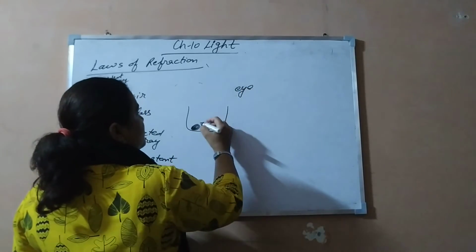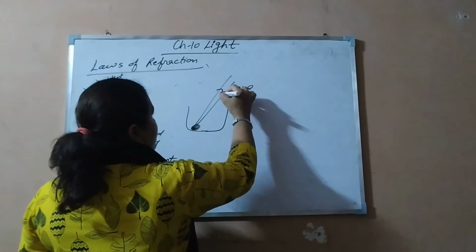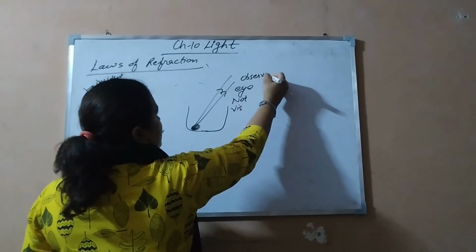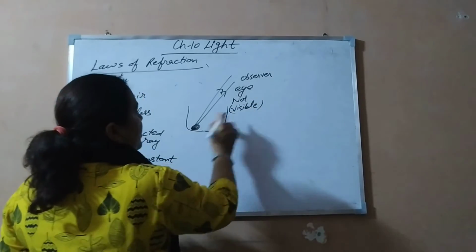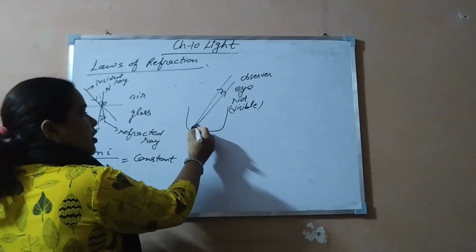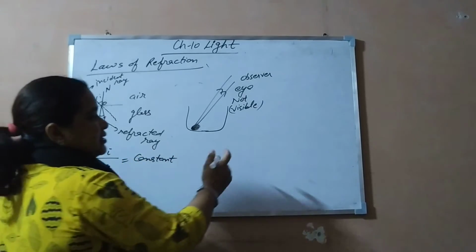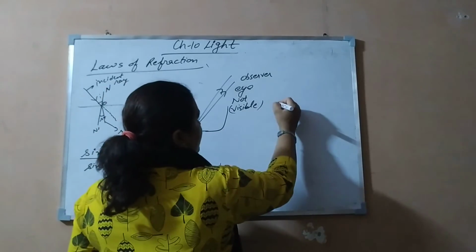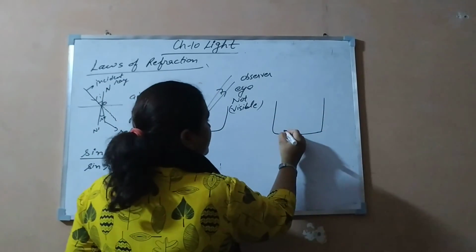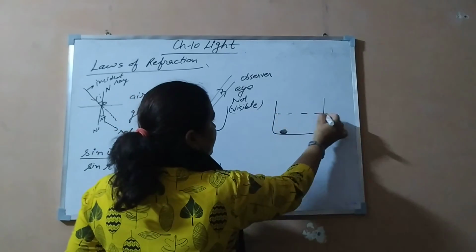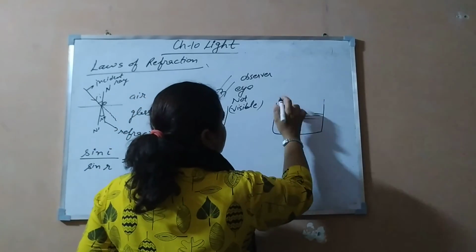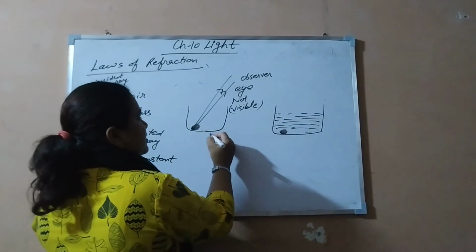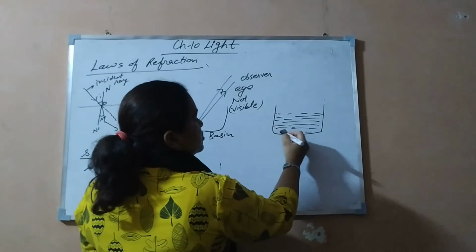But from this position, when the rays are going, it is not visible to the observer. To the observer, this coin is not visible. Clear? This coin is at the base only, in a bowl. But when water is filled to the same level, so I am showing you here only the same level. When water is filled in the bowl or a basin or anything, you can take it. Let us take a basin here. So this coin is here.